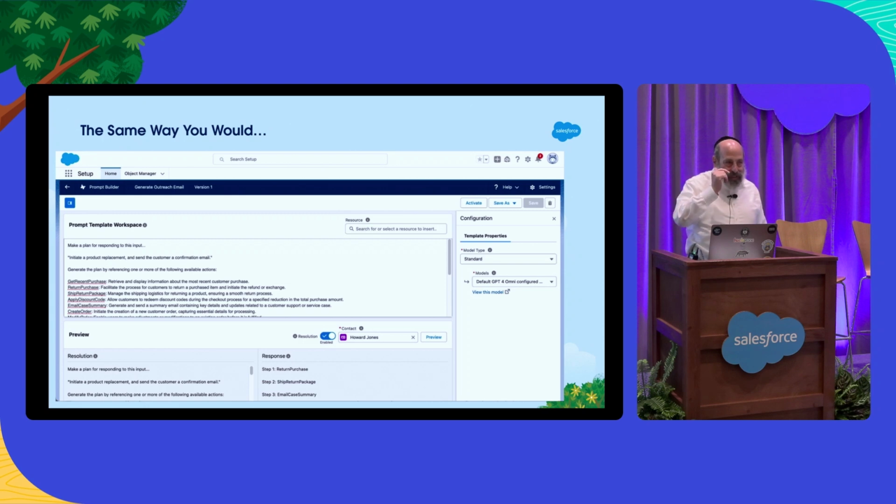Now, inherent in that piece of information is one really important thing. I mentioned this thread of providing context to your agents. Clearly, that description that you are providing for the actions is what allows Einstein to determine what it needs to do. So the more concise, the more details that you can provide your agent in terms of this is what the agent is, this is its expected behavior, this is what it's expected to take in and return, the more you give it, the better results you will get, because Einstein will have a much better understanding of the actions that it needs to take.